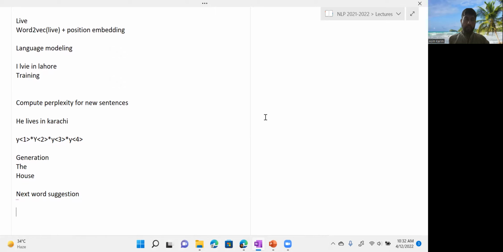So we are generating conditioned on some preceding words that we know or we fix. That's called conditional generation. Another application of conditional generation, one was of course word suggestion, and of course random language generation. Another application is, for example,